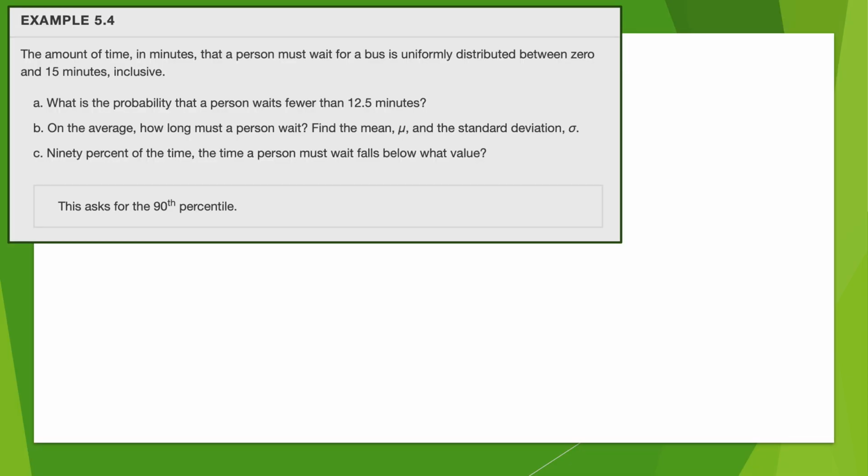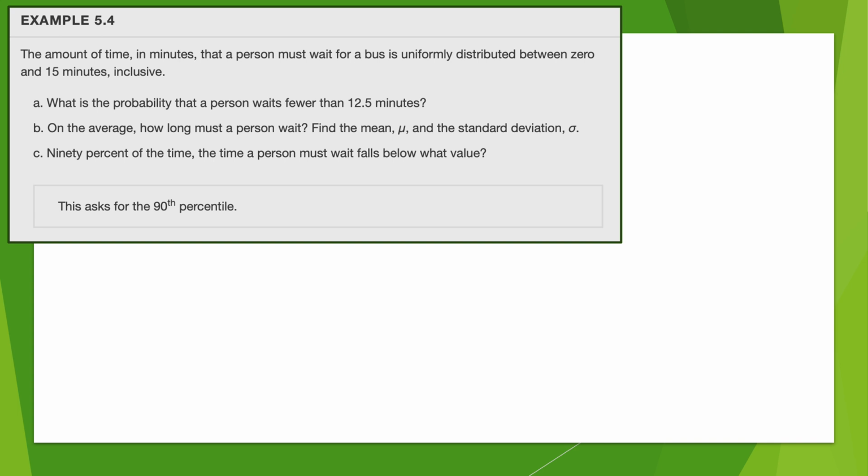Okay. Next up, the amount of time in minutes that a person must wait for a bus is uniformly distributed. To me, that means rectangle, length, width, height, every probability is the same. All those things are ruminating through my mind. It's uniformly distributed between 0 and 15. A is 0, B is 15. All of those things are rocking through my mind